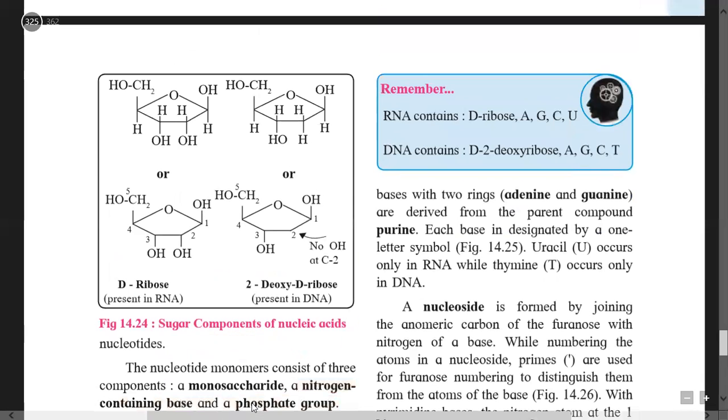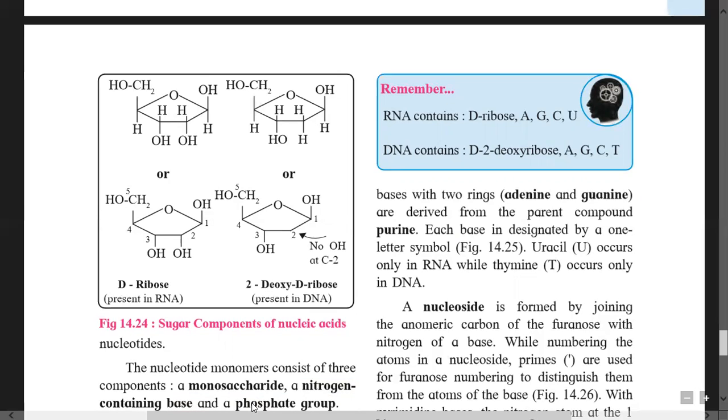Now, the monosaccharide present in RNA is D-ribose. D-ribose is a 5 carbon containing sugar, and the structural formula is this: first carbon contains H and OH group, second, third also contain H and OH group, fourth carbon contains hydrogen, and fifth carbon is CH2OH group. So here this OH group at first carbon is above, and therefore it is a beta,